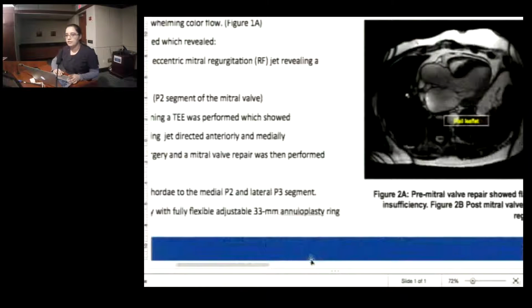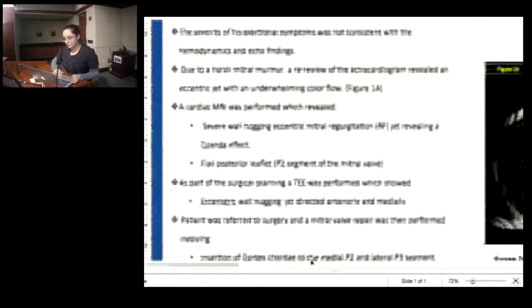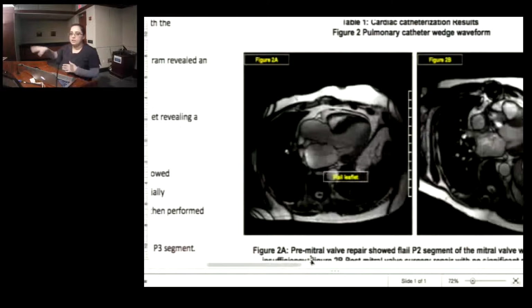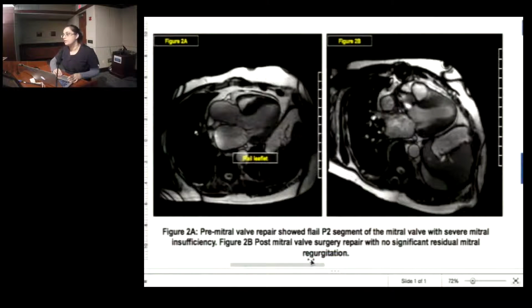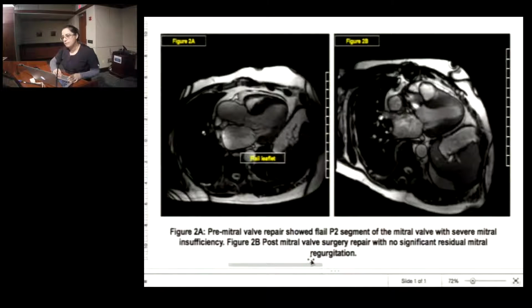Yes. Because I looked back at all the charting and everything, and even in my own intern note, it said it radiates to the axilla. So I'm going to go by what was documented. Yeah, that's correct. Right. Yeah, you're right. No, you're absolutely right. I was going by what was documented, but I'll remove that.